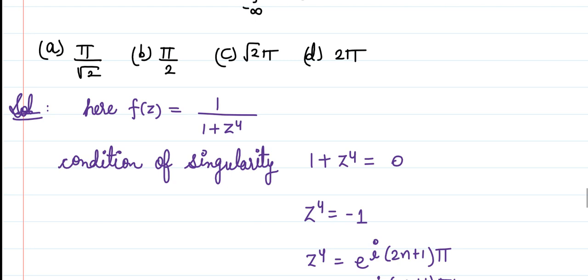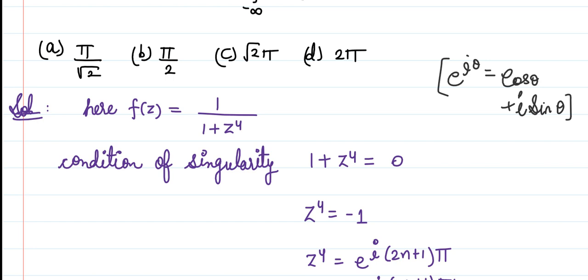So here 1 plus z to the power 4 equals 0, and z to the power 4 can be written as minus 1. Whenever you have complex analysis, just try to convert plus 1 and minus 1 in terms of exponential power. I hope you all know the formula e to the power iota theta equals cos theta plus iota sin theta. So by this method, what is the value of minus 1? Sin of pi, 2 pi, 3 pi always gives you the value 0, so you will not have any imaginary term there. You will get only a real term according to the value of theta.